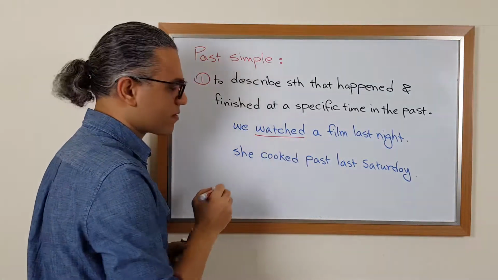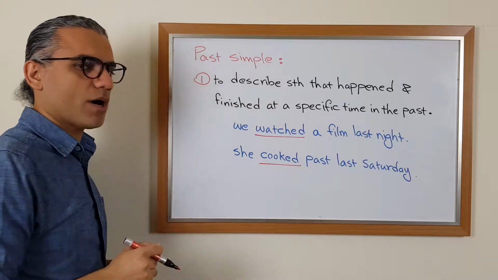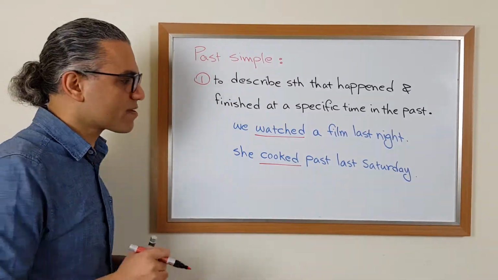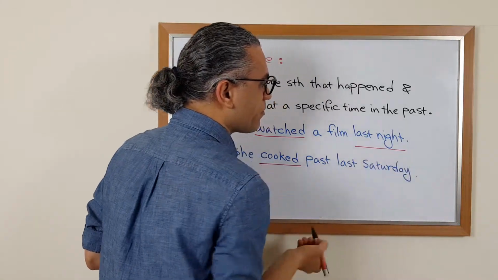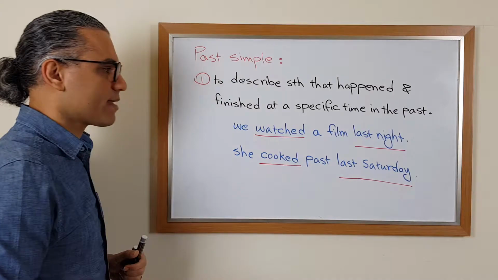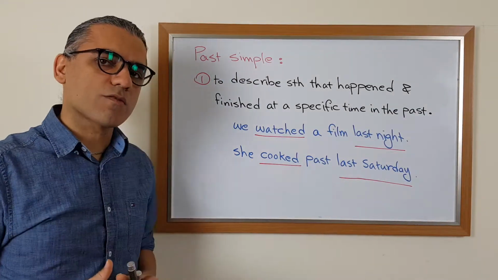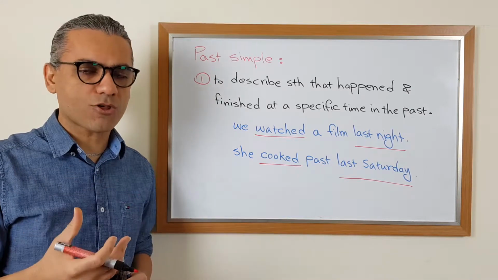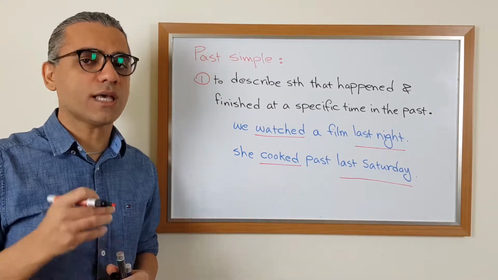Watched is in past simple and cooked is in past simple too. And both of these actions are happening at this specific time in the past, last night and last Saturday. So this is for describing something that happened and finished, or an action that happened and finished in the past